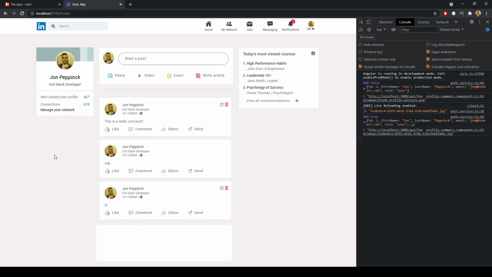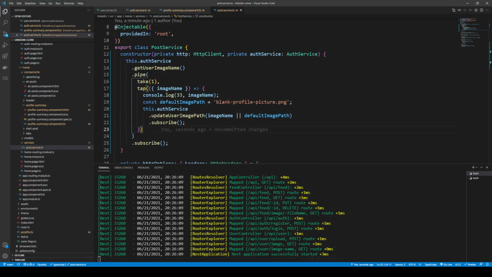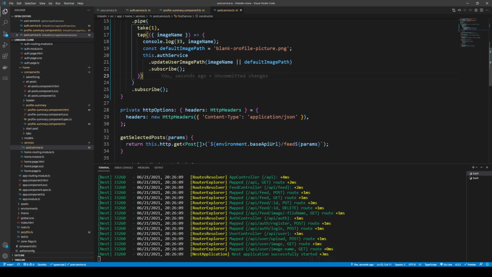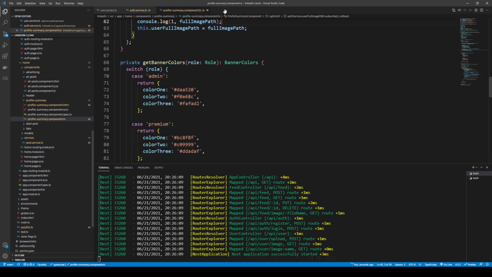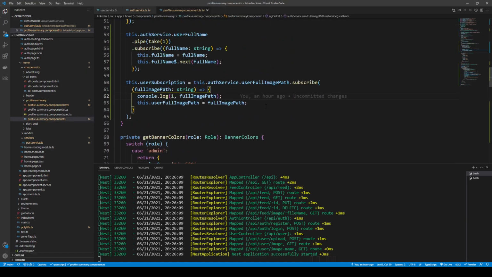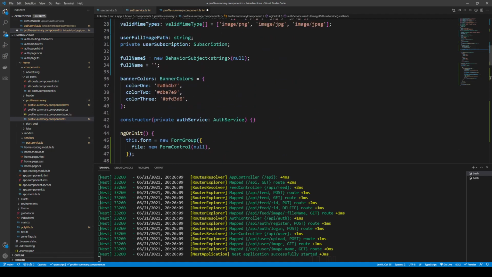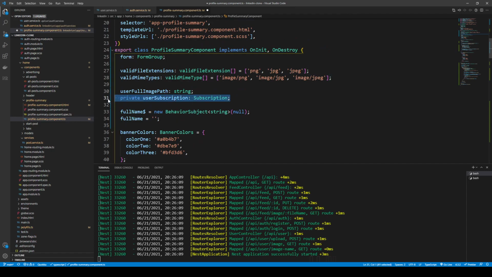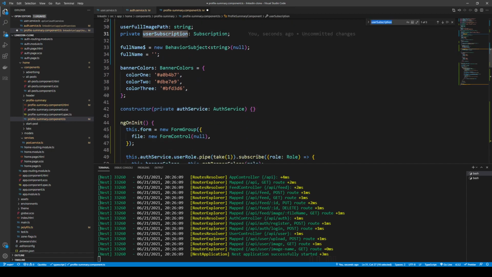So what I want to do next is update all of the different areas. This will be more or less the same sort of thing. So let's take a look at the process that we have here. In the profile summary component, we can get rid of this debugging now. This is where we have our subscription to our user object, and for our user subscription,